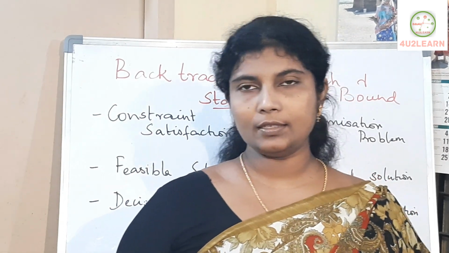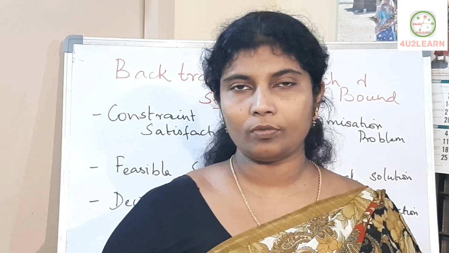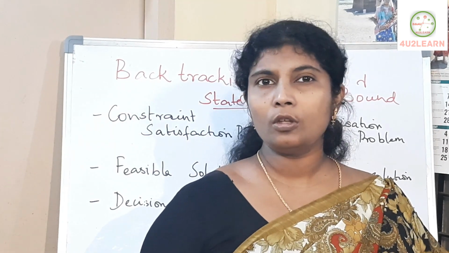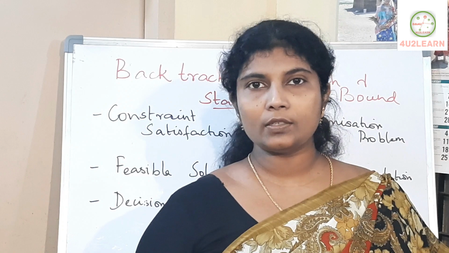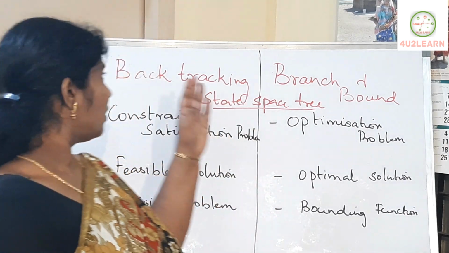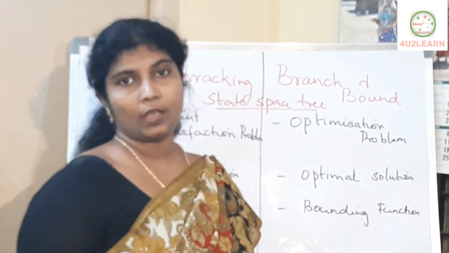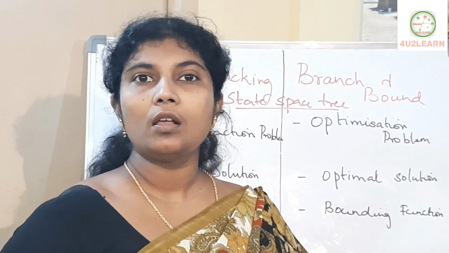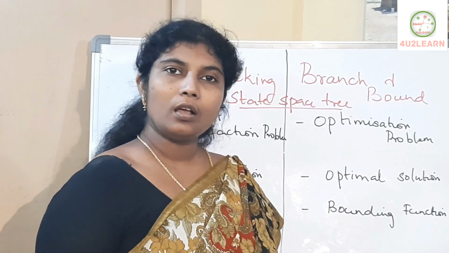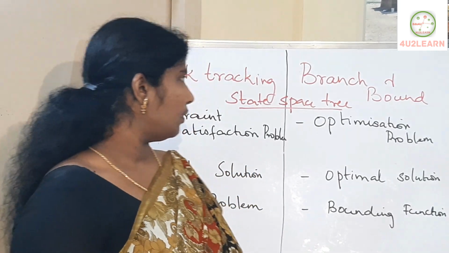Complex problems, in the sense, are problems which cannot be computed easily in a computational period of time, or they might be too vast, or many solutions might be there in order to solve the problem. So there are different ways of defining a complex problem. These two methods, backtracking as well as branch and bound, are used for solving complex problems. So let us look into what backtracking is, how it is different from branch and bound, and what the different factors involved are.